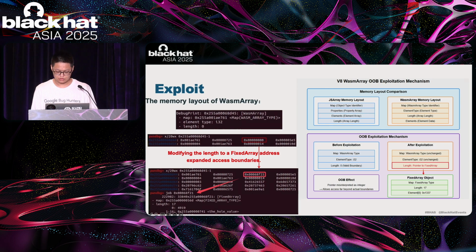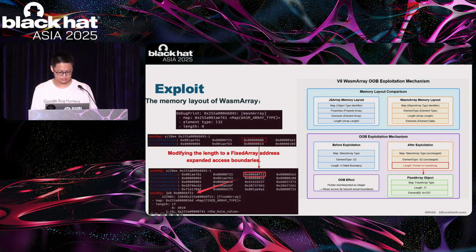In the script shot on the left, we observe a Wasm object with an initial length of 0. When the incorrect store handler executes, it unexpectedly updates this length field with a pointer to a real data fixed array. As a result, the length of what was originally an empty Wasm array is changed to an extremely large value. This allows us to use this Wasm array for almost arbitrary out-of-bounds reading and writing, making it truly easy to